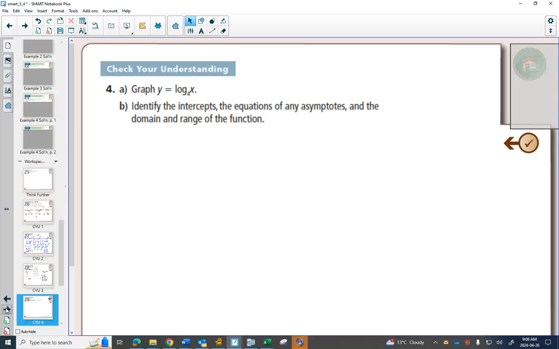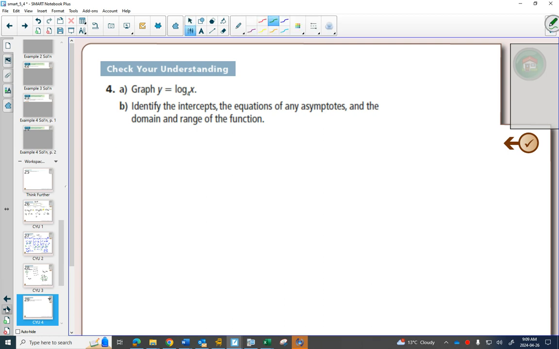So to begin with, we're going to start with what we know about exponential graphs to help us graph log graphs. But then after that, logarithm graphs are going to be another parent graph that you just need to know what its shape looks like and how to graph it quickly. So to start off with,